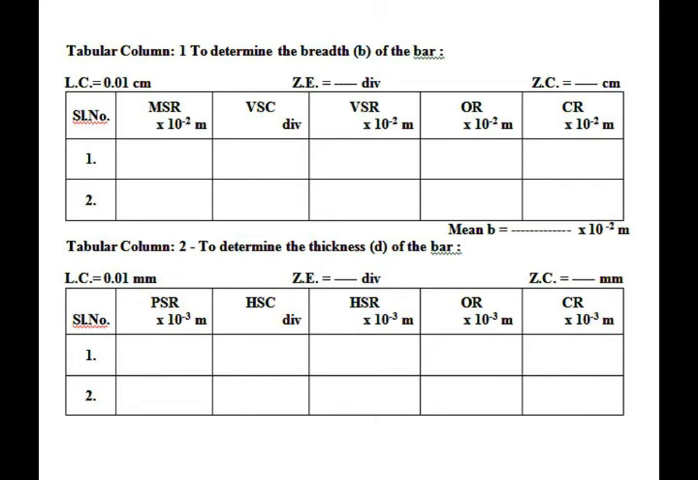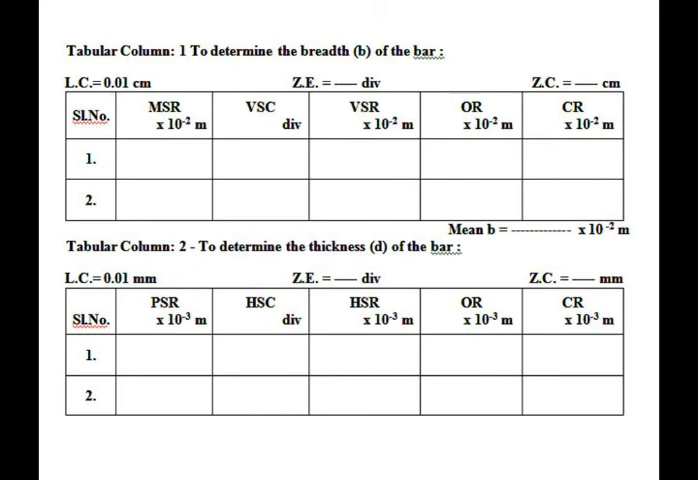ZE will be calculated from the instrument. Here we have a -8 division, and ZC will be calculated by ZE into least count, and it will be positive. So we have a plus